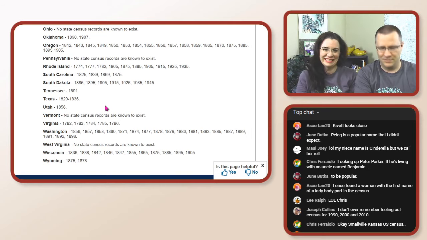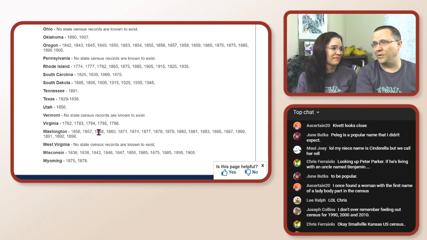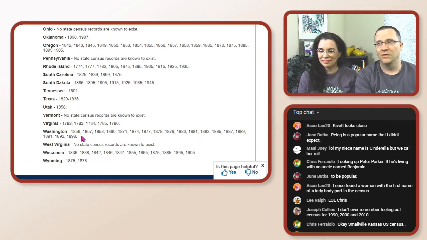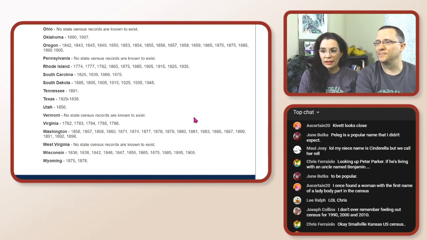Absolutely. A census on every 5th year after the regular census. Yep. And then, of course, like I said, Mississippi, and it looks like Washington also. It's just, some were just census happy. Yep. Okay, so one of the things I wanted to show you, another resource to find out if you have